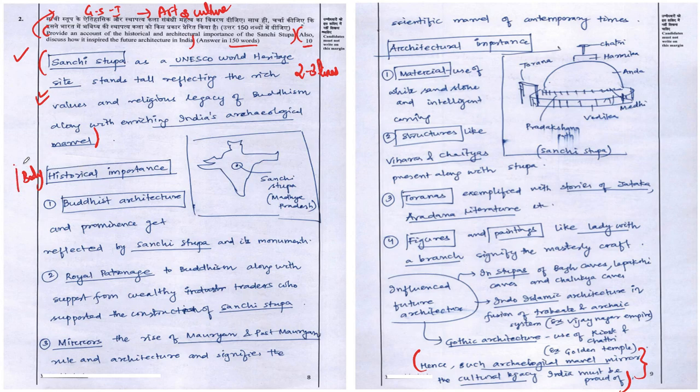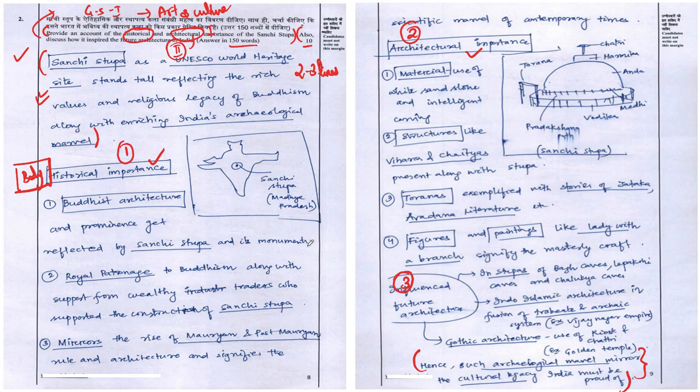Additionally, the body of the answer clearly has a subheading format. And if you look at the total number of subheadings written here, overall there are only 2 subheadings, and he has added one more subheading. In this question, overall there are 2 components, friends. So naturally we should have a minimum of 2 subheadings in this answer. But this particular topper has broken the first segment of the question also into 2 components. That is, historical importance and architectural importance.